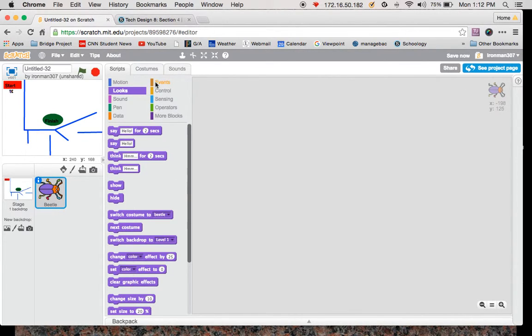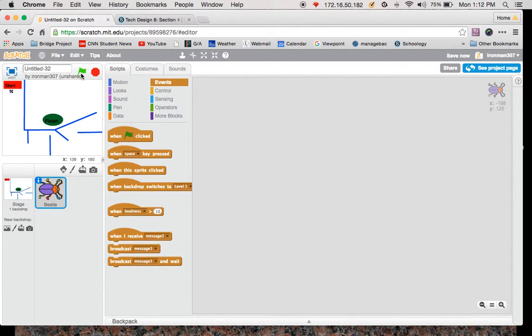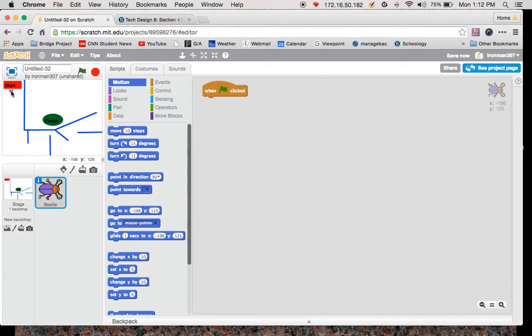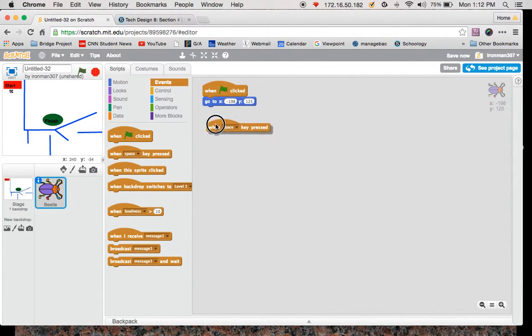So, first thing I want to do is when I click on the flag, I always want my beetle to go to the start. So right now, he's where I want him, which means that right here it says go to, this coordinate matches where he's currently at, -198, 125, and I'm just going to click it in there. So when I click the flag, my beetle always goes back to the start. Step 1. Now I need to code using the directional arrows